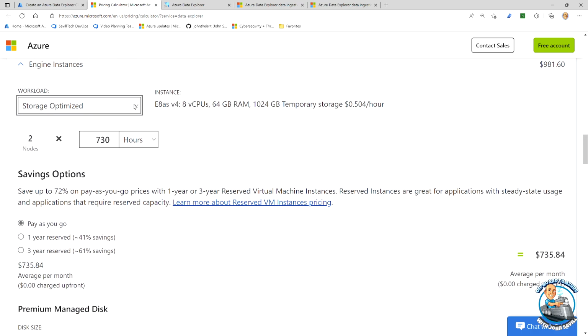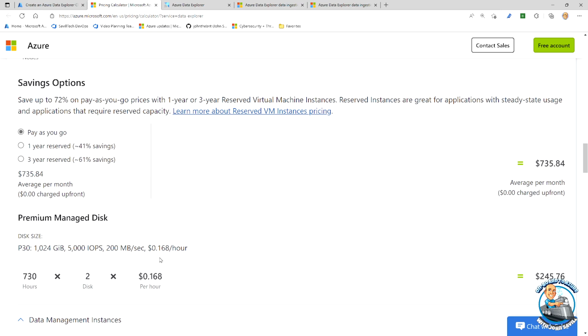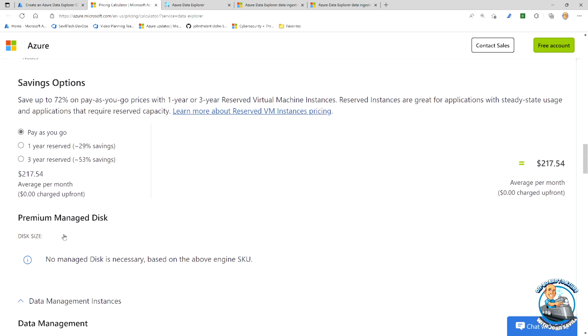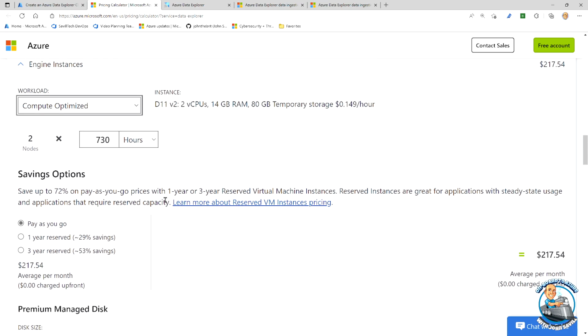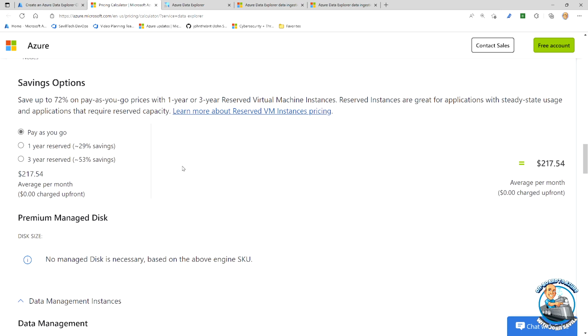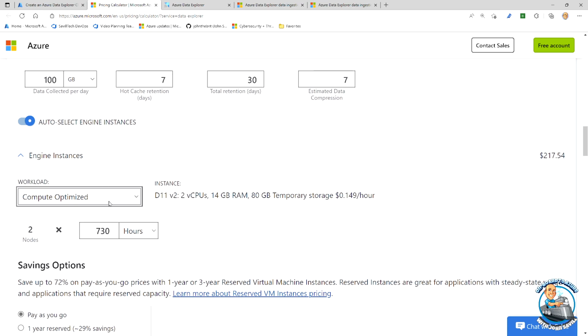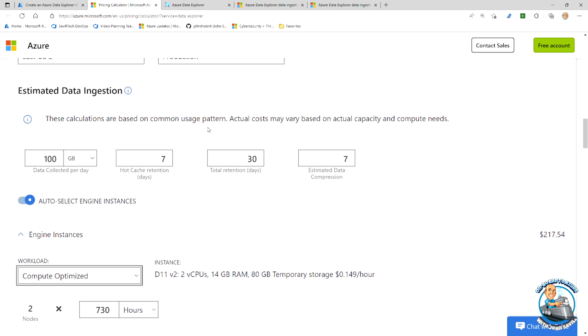So if I do storage optimized, it uses those premium managed disks I talked about. If I do compute optimized, it's not using premium managed disks. It uses the temporary storage of those virtual machines. And the documentation goes through details on exactly what it does and how many it's using for the specifics of those different SKUs. But hey, I could pick that dev test if I was trying to be cheap, but I